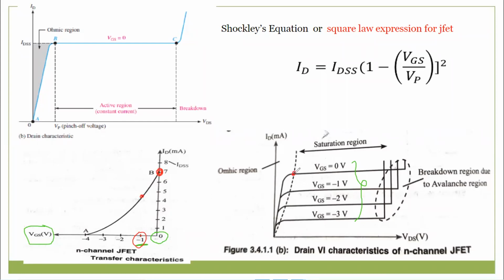At this point, if I take some value like 20 milliamps, at this point maybe 15 milliamps. The current is reduced. Why? Because I am applying a negative potential to the gate terminal. Similarly, if I further increase, if I apply -2, the drain current will reduce. And similarly, when I apply -3, the drain current will reduce. At one particular voltage, VGS equal to -4, the drain current will become 0. So this is the same as what I explained, represented with the N-channel JFET transfer characteristic.